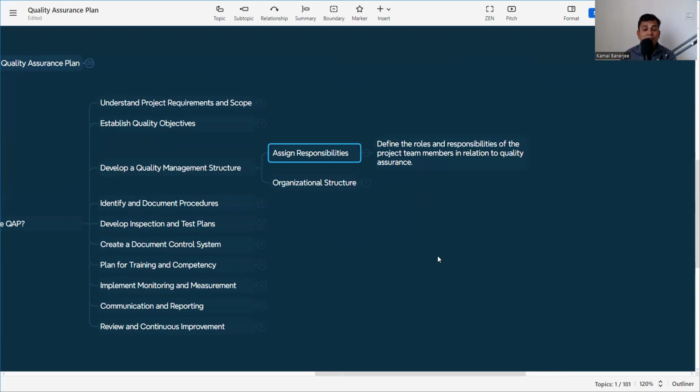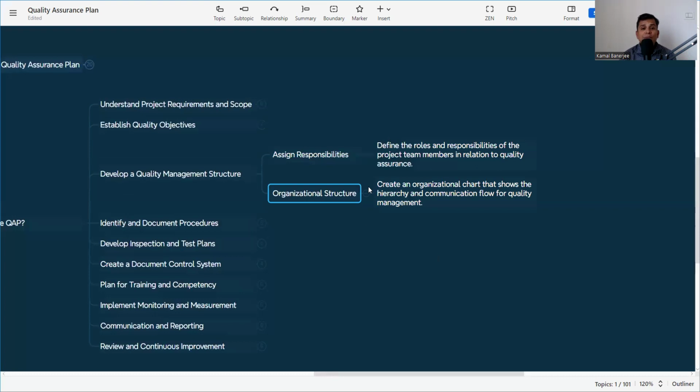Suppose this compaction test, who will do the compaction test? Maybe the quality engineer will do that. So you need to define that. Now we need to purchase the concrete from outside. Who will purchase that? Purchase people along with the quality people to maintain the quality. So you need to define this way whose activity it is and who is the responsible person.